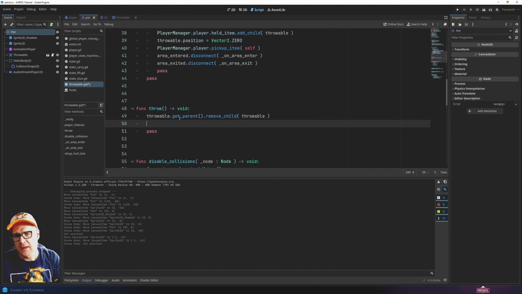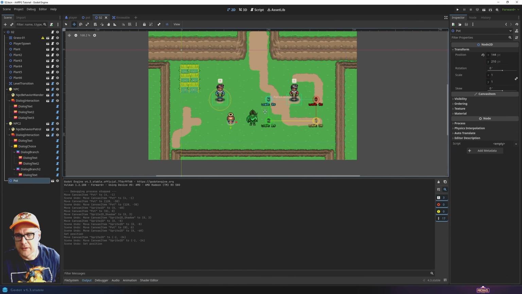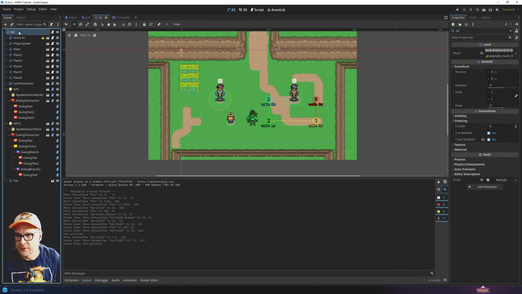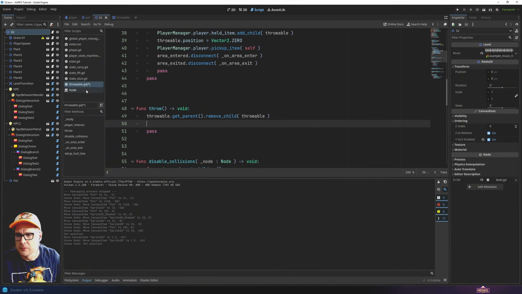And we actually have an issue here. I think it's this line where I had an issue. So I guess what we would do is, if we're throwing it and we're looking at the scene and we've got our player here, we want to add it to the level, to this node, right? At this level, which is going to be the parent of the player. That's how our game is built to work, because we always add the player to the level when he spawns in. Okay, so in order to get the throwable in the right place, we just want to find that level,